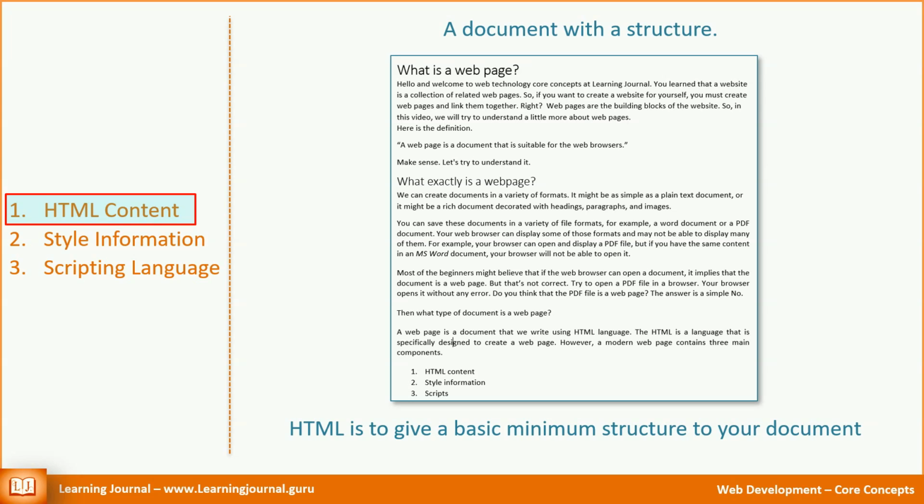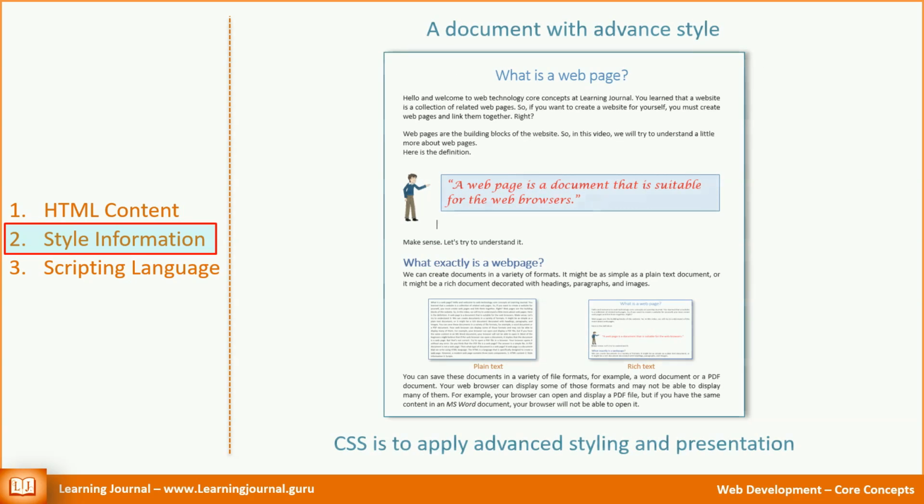Once you define your main content in an appropriate manner, you might want to make it more attractive or effective for the readers. You can do that by applying some advanced styling to your content. You might want to apply a specific font type, size, and color for your headings. You might want to align your text on a specific side. You might want to add an image to the background of some text. All such things are advanced styling information.